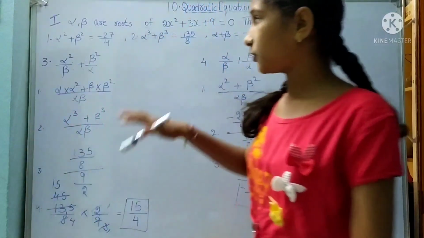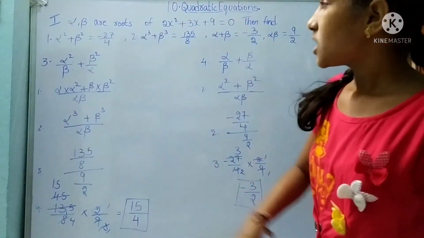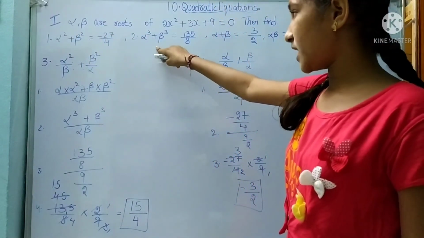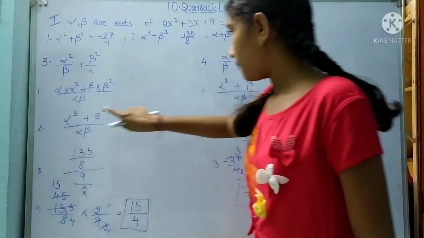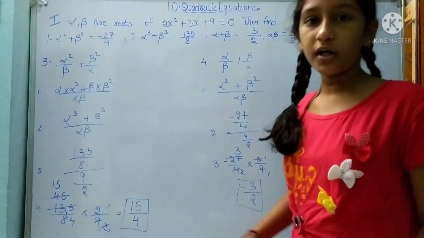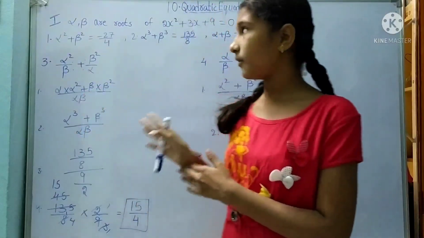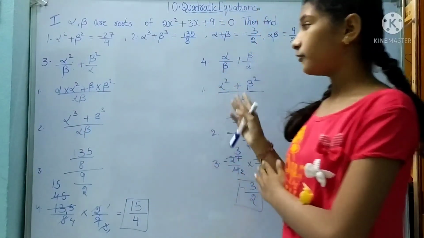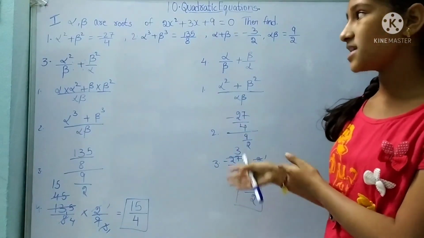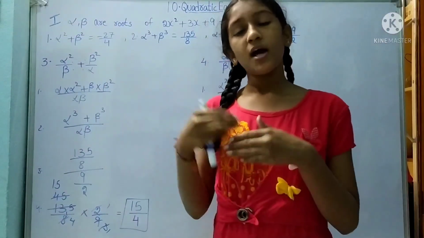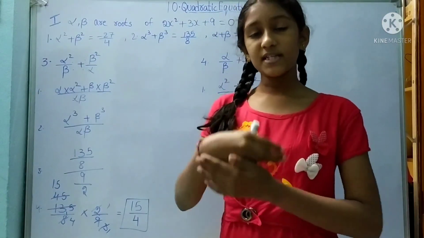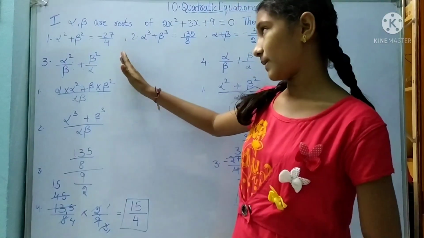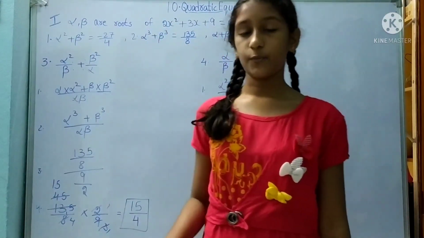So this is the first Roman in 4 sums. So first sum alpha square plus beta square. Second sum alpha cube plus beta cube. And then third sum. And then fourth sum. Okay. So this is the first Roman completed with the formulas, means how to use these formulas. This is the first Roman. In the next video we will see the second Roman, how to use the formulas alpha square plus beta square and alpha cube plus beta cube.